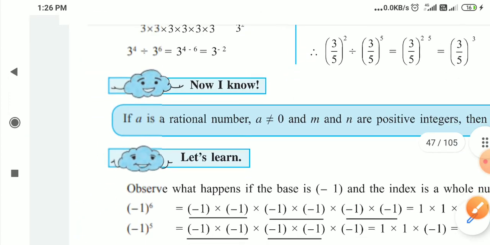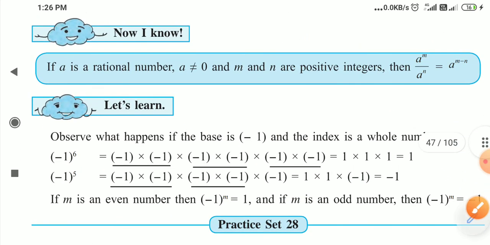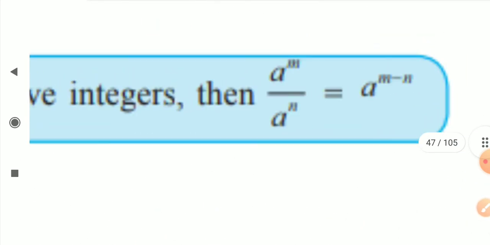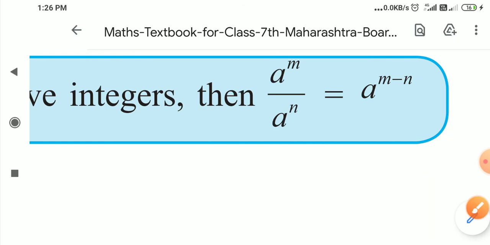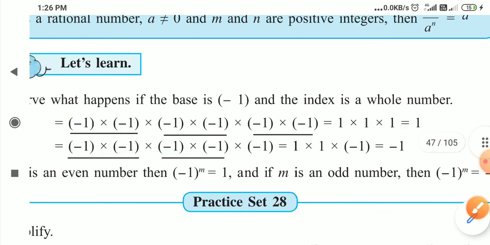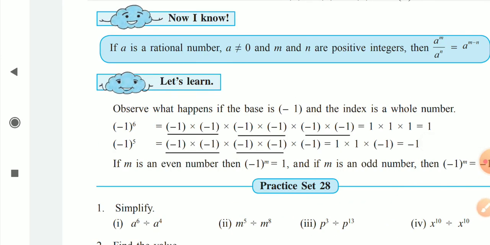Now after this, what is given? That rule we are understanding. A raised to m divided by a raised to n is equal to a raised to m minus n, because this sign is nothing but the divide sign. Okay. And now the power of 1, that we will see in your tomorrow's lecture, because such a type of example did not come here. So today we are going to stop here only. The next part of the lesson, let us learn part, we will see in your next lecture.